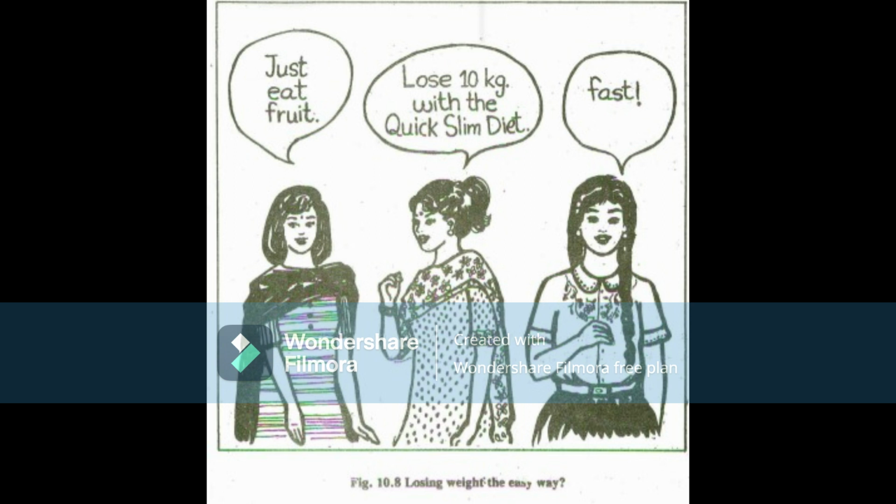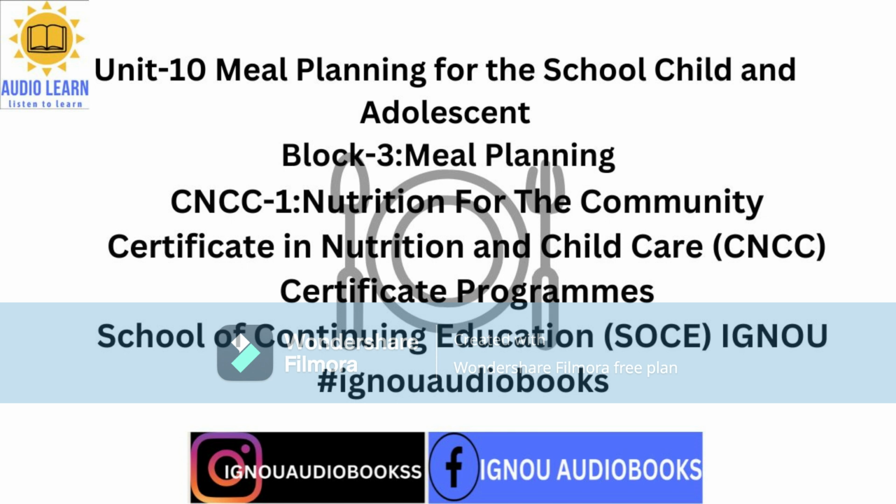What specific considerations should we keep in mind? In addition to the points we mentioned in the case of the school child, some other aspects become important. 1. Adolescents sometimes adopt extreme or bizarre, strange, diet patterns in order to reduce weight in the case of girls or build muscles, in the case of boys. Figure 10.8 takes a light-hearted look at the tendency of adolescent girls to try different diets in search of the ideal cure for overweight. Adolescent girls frequently want to lose weight, sometimes even when there's no need. They, of course, seek the easiest way to do it. They look for diets which can help them reduce in hours or days.